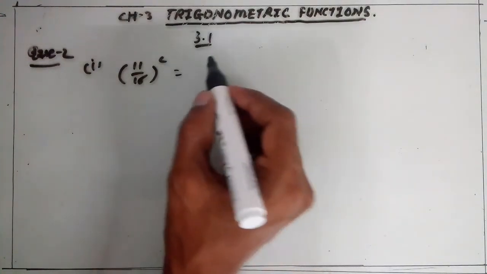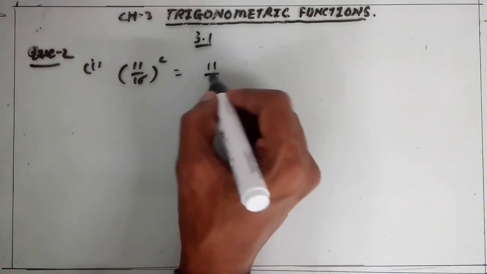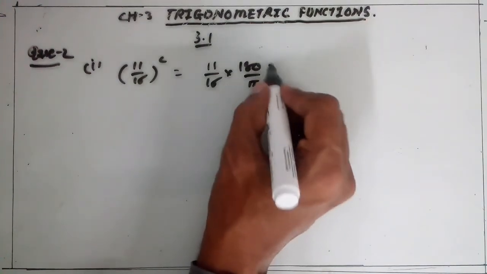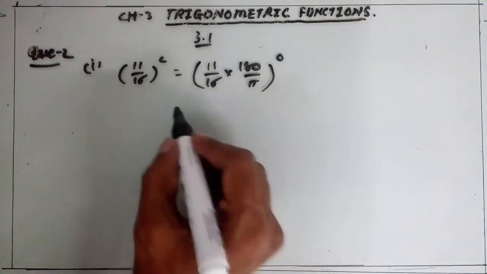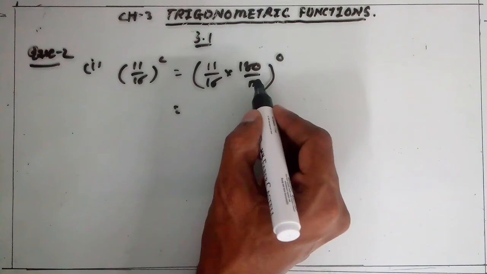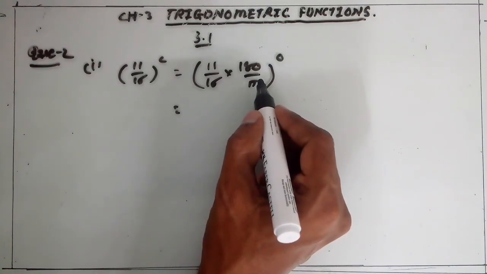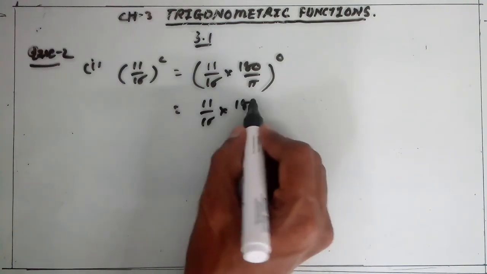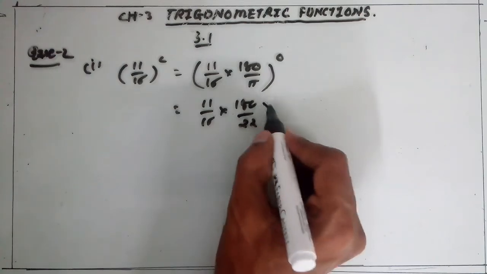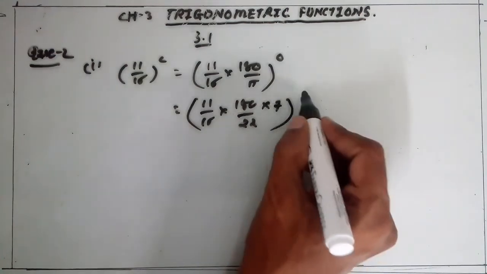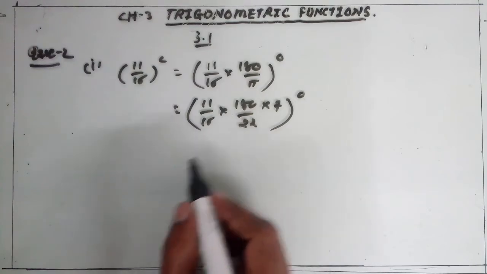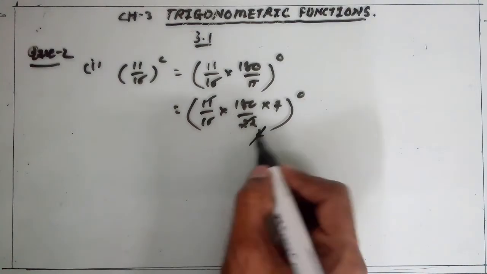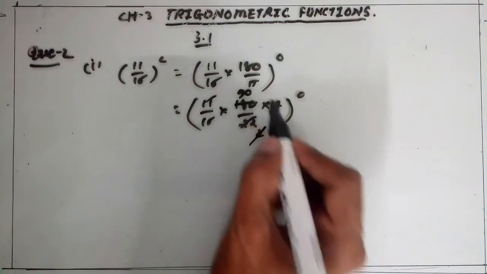So radian into degree form, 11 upon 16 multiplying by 180 and divided by pi degree. So it is equal to, now pi here we change into 22 by 7. So 11 upon 16 into 180 upon 22 by 7 degree. Clear? Simplify this. 11 to 22,